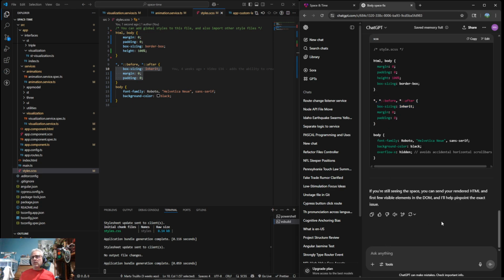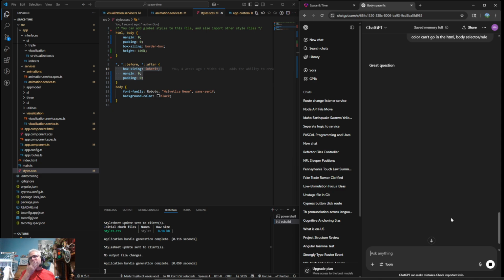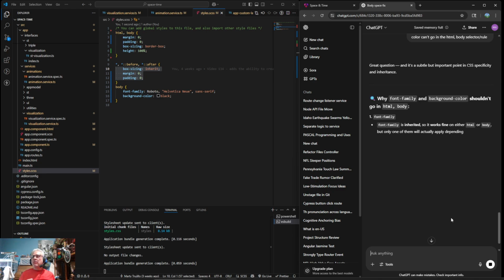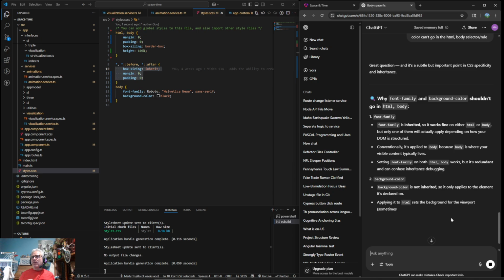So I'm wondering why font family and background color can't go into the HTML/body selector rule. Shouldn't go in HTML. Font family is inherited, so it works fine.